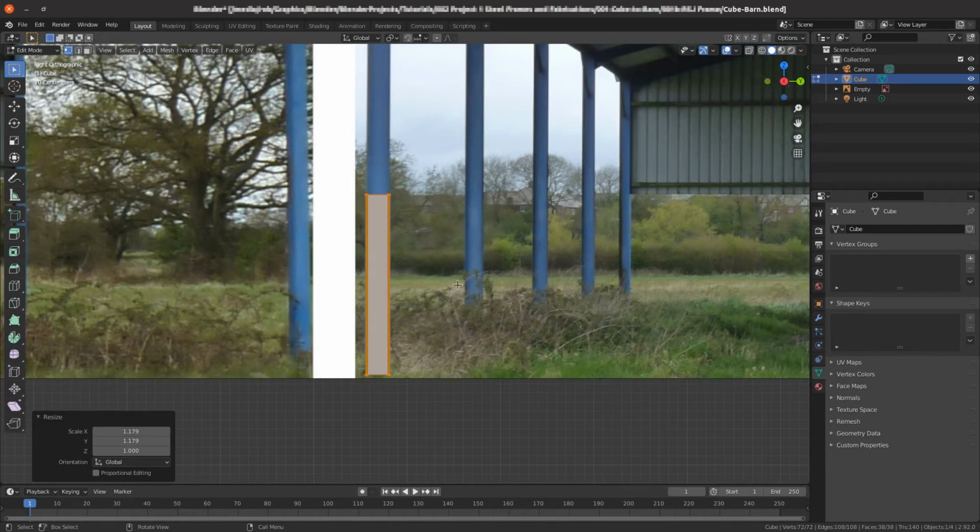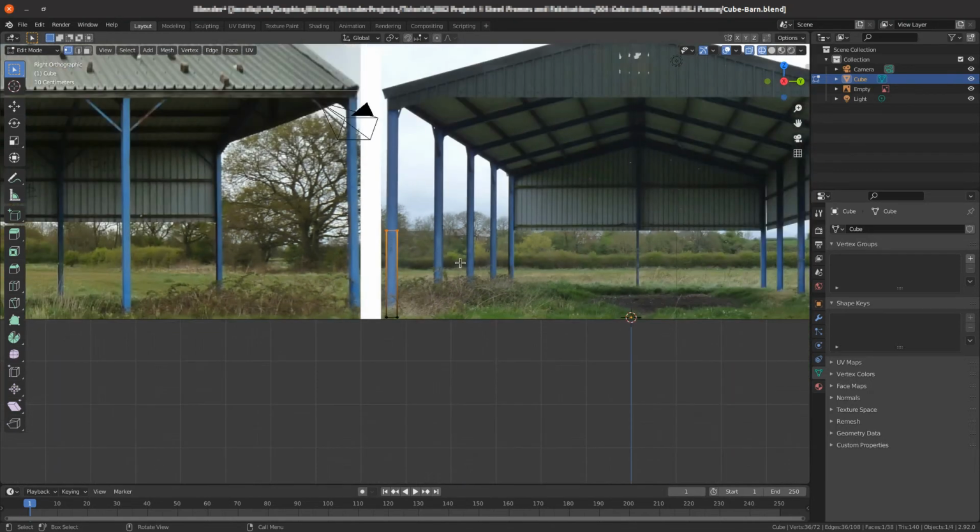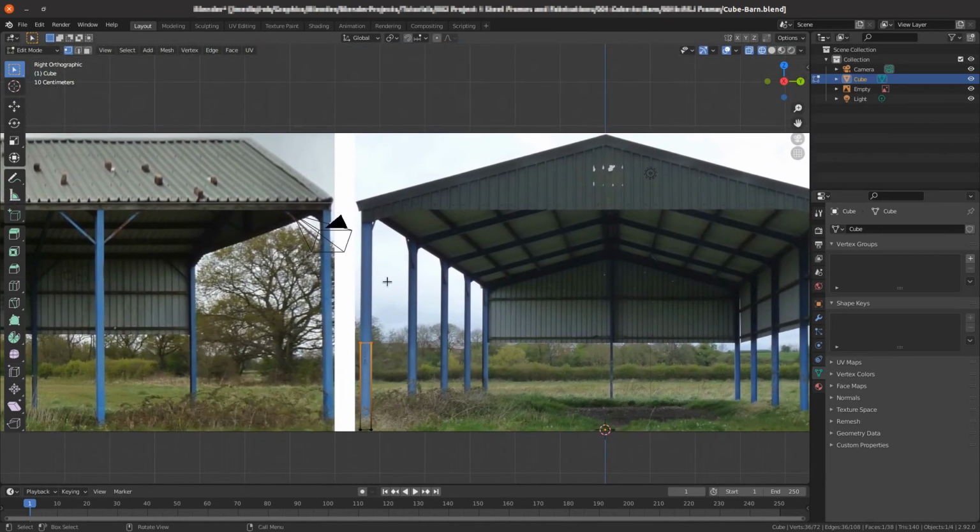If we now go into wire view, what we need to do is just select the top vertices. So we'll deselect everything, which is Alt A, and then box select the top vertices. We're in wireframe, so all the top vertices will be selected. We can now drag this up vertically by grabbing it again with the G key and then using Z as the axis and bring it up so it sits roughly